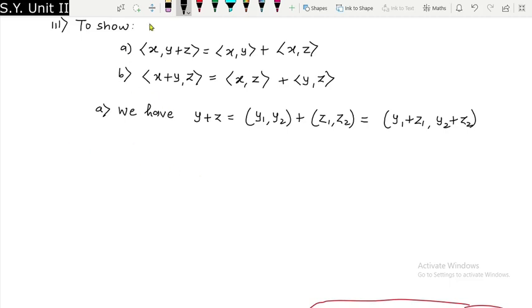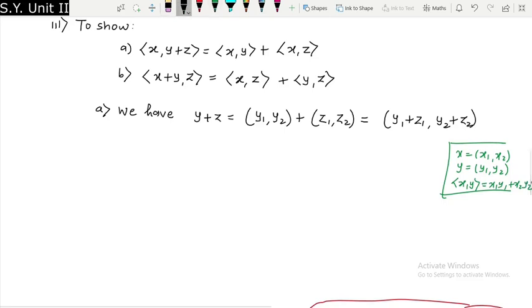So the point over here is, see how is the inner product defined once again. Okay, if you want I will just write it here for the understanding purpose. X जर x1 x2 असेल आणि y जर y1 y2 असेल, then inner product of x with y is defined as x1 y1 plus x2 y2. म्हणजे x चा पहिला कोऑर्डिनेट मल्टिप्लाइड बाय y चा पहिला कोऑर्डिनेट.